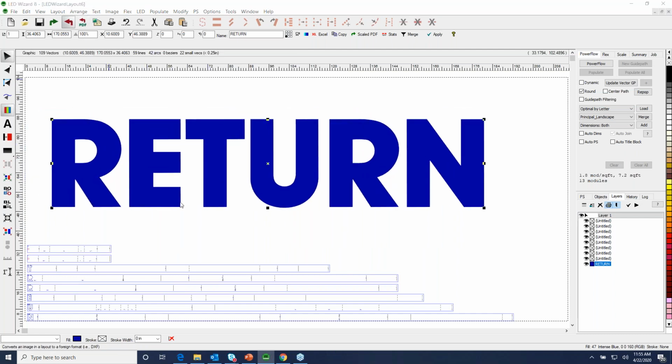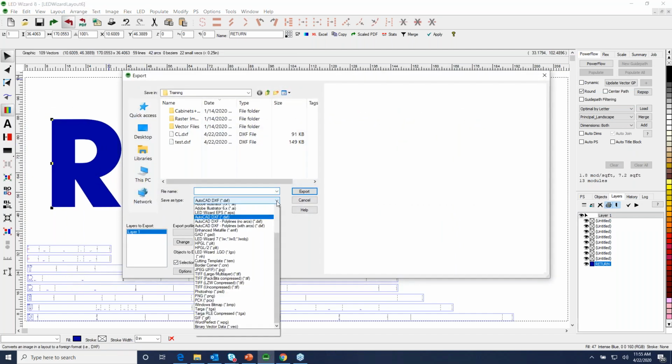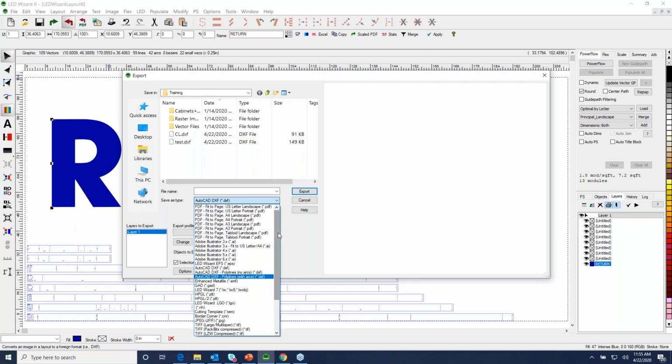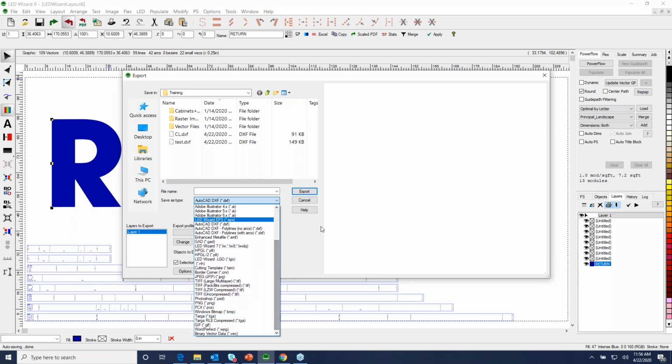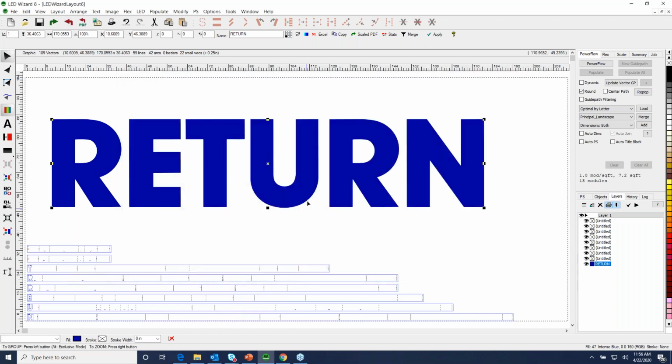I've been focusing on DXF as the format, but again, in reference to last week, as we talked about artwork, there are additional formats that you can use, AI or EPS probably being two of the primary ones. And I'll just finish, unless there's any more questions, just with the